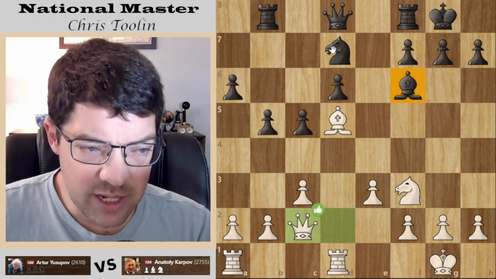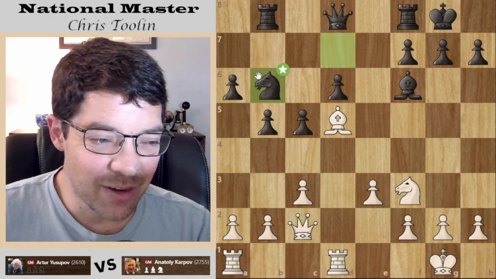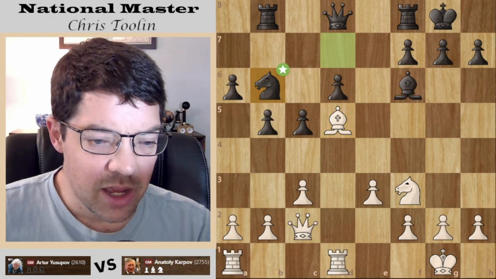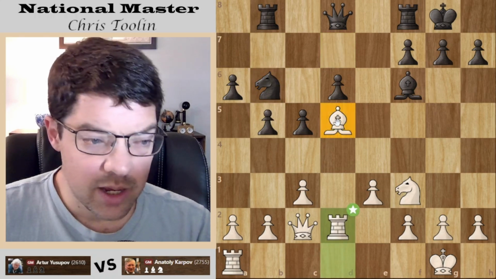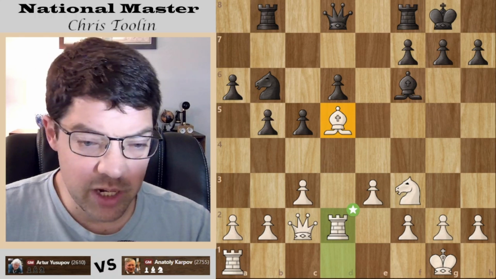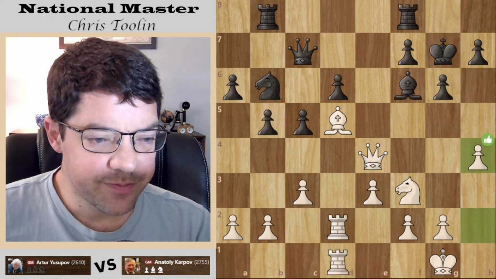And it is uncontested at the moment until now. Knight b6, get rid of your opponent's best pieces, and he basically says, that's fine, it's the square, not the piece. If I put a rook there, or a knight, or a bishop, or a queen, just don't put a pawn there. So here we go, queen e4.